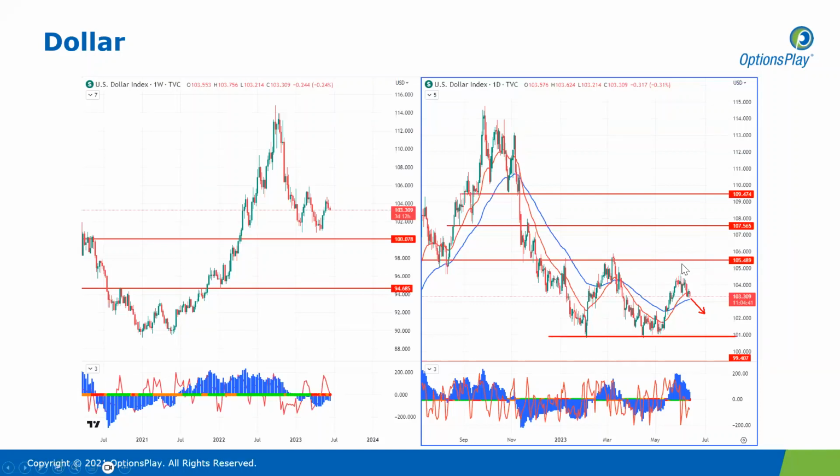Price didn't quite reach that upward resistance area at 105.50. And so far, we are seeing bearish price action and loss of momentum. So this could see price decline back down to 102, especially with the fundamentals being somewhat weaker for the dollar due to the fact that CPI inflation is coming out. It came out lower than expected. And that means that it gives a green light for the Fed, again, to be a bit more dovish.